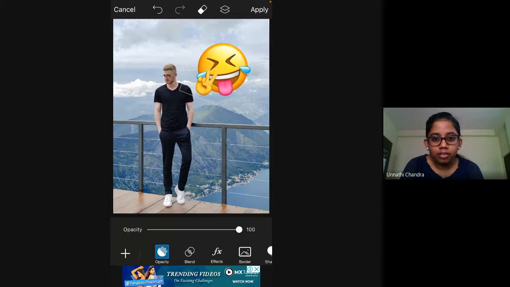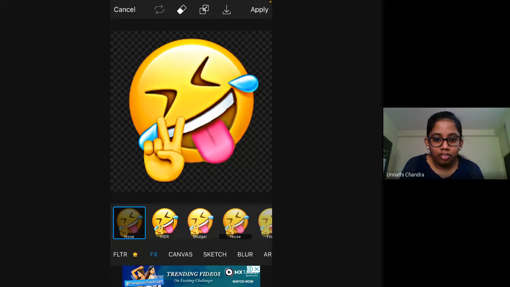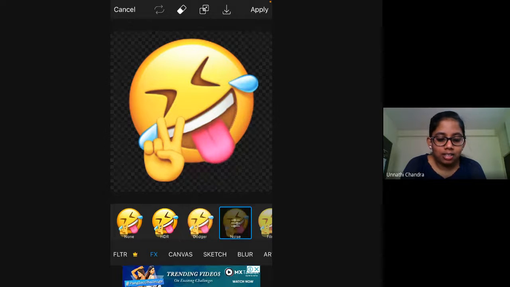You can rotate it, or you can change the size of the sticker that you are applying, or you can click on blend and it will blend it into the photo, if you want it to be light or dark. And then you can also apply effects to the sticker that you're using. Like just now we used effects for this particular photo, right? Now you can apply an effect to the sticker that you're using. Yes, you can do that. That's an option available.